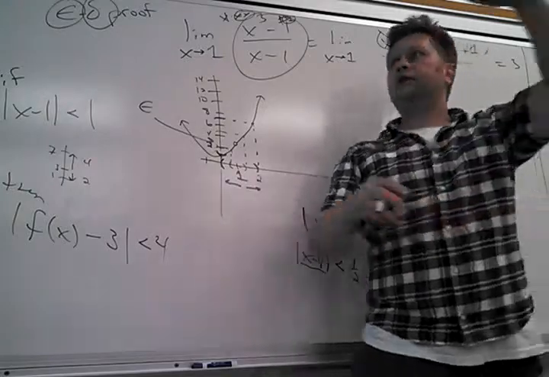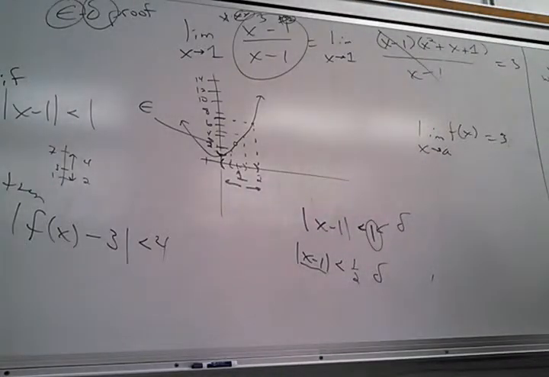Now, if I pick the wrong limit, and here's the thing that's always missing from these explanations, and I'm glad I remembered. If I thought the limit was here, at some point, I'm not going to be able to do this process. It's not going to work. If I pick the wrong limit, this is going to not work at some point. Does that make sense? If hypothetically I thought the limit at c was actually 4, then I don't care how small I make my thing around here, the function values are never going to go around 4, are they? So you see, maybe, I don't know if that helps out.